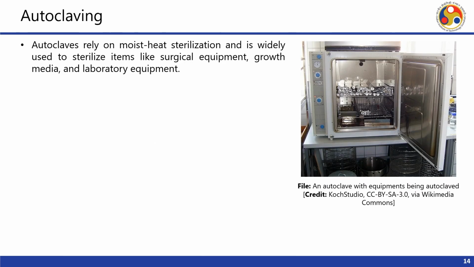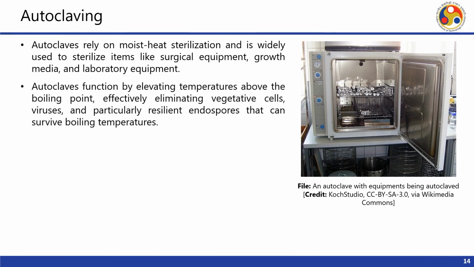Autoclaving is a much more popular method. It relies on moist heat sterilization and is widely used to sterilize items like surgical equipment, growth media and laboratory equipment. And in this picture you can see an autoclave with equipment loaded for being sterilized. Autoclaves function by elevating temperatures above the boiling point, effectively eliminating vegetative cells, viruses and particularly resistant endospores that can